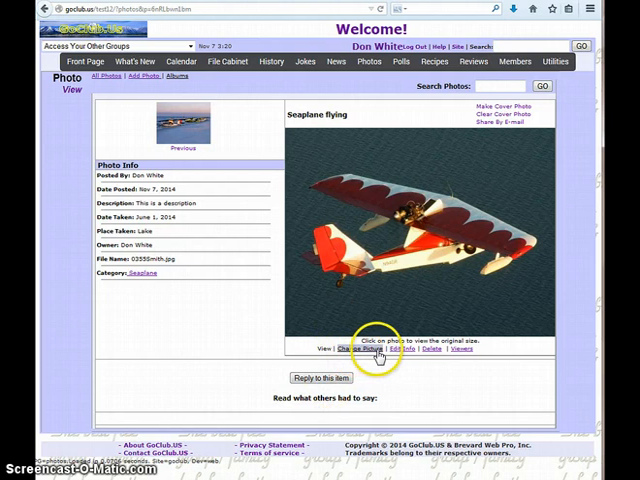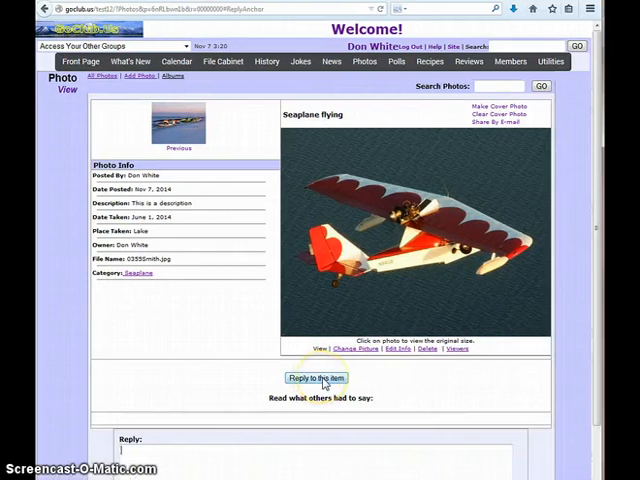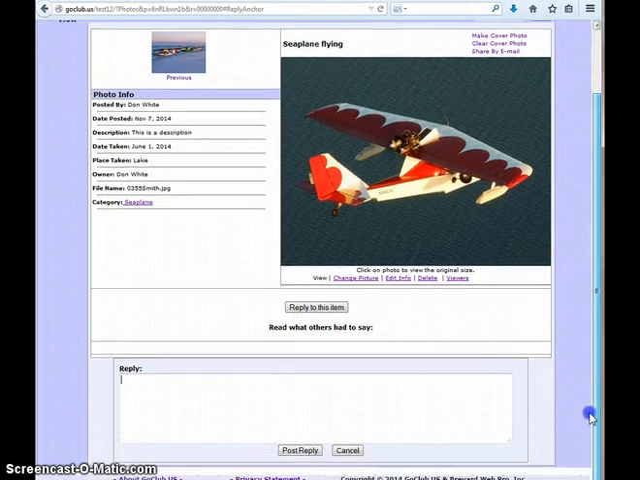You can change a picture, you can edit the information about the picture. You as the owner or administrator have the options to delete the picture, and you can also look at who are the viewers or members of this particular picture. So let's go ahead and do a reply. You can also do a reply of this picture and say this is a reply, good picture, and then you can go ahead and post a